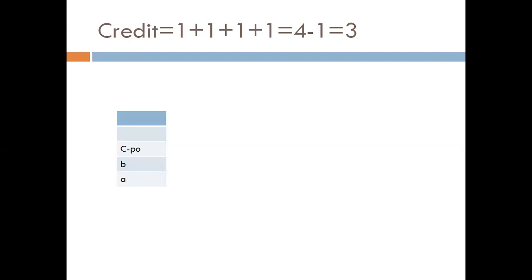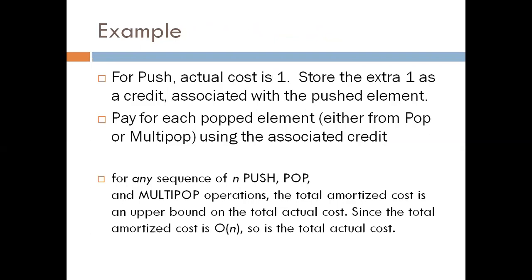Now suppose we want to remove an element. We assign amortized cost 0, but the actual cost of the pop operation is 1. It means to remove an element from the stack we required cost 1, but in amortized cost we assign value 0 for the pop function. It means it uses that cost 1 from the credit. Suppose we have 4 units in credit, so to perform the pop operation we use 1 credit, that is 4 minus 1, and we use that 1 credit to remove the element from the stack. So this is the explanation.